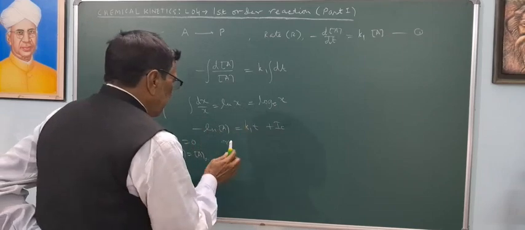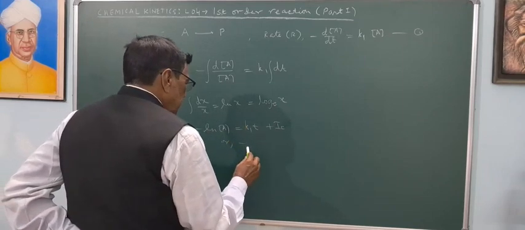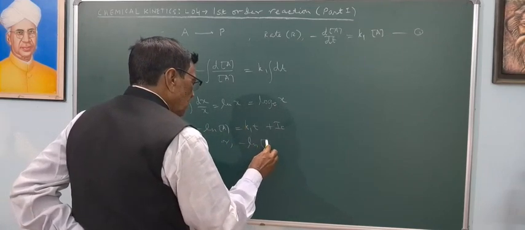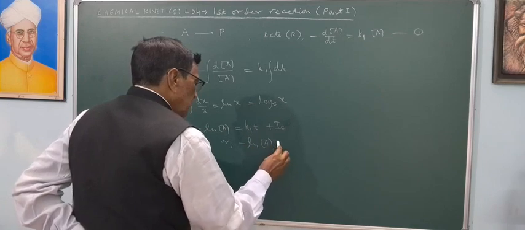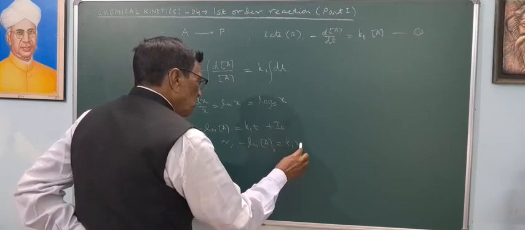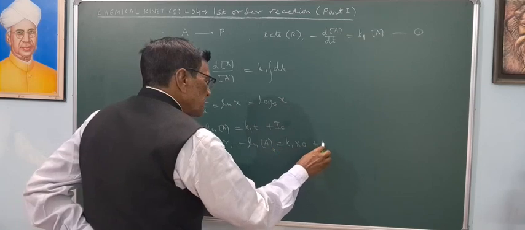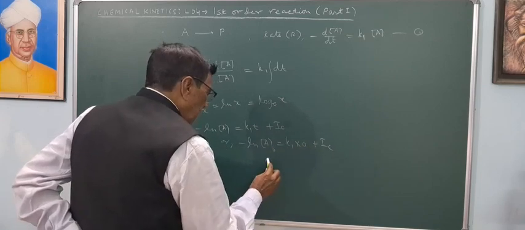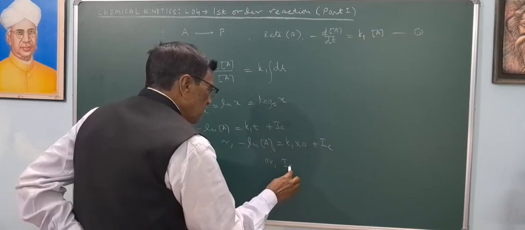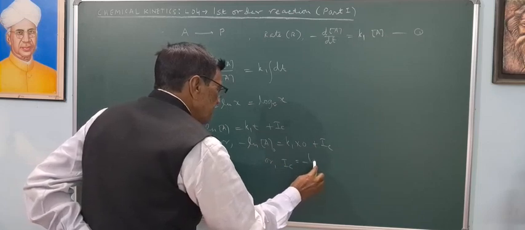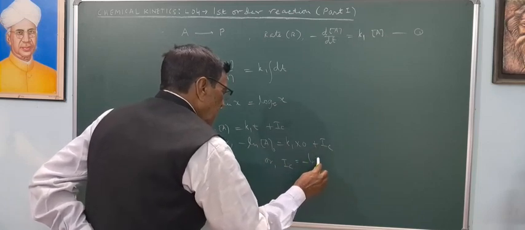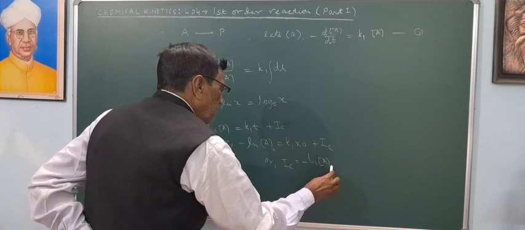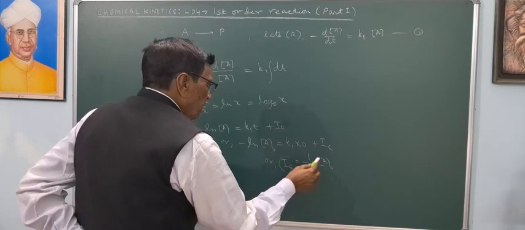So putting this here, minus ln concentration of A naught equals K1 into 0 plus IC, or the integration constant IC equals minus ln concentration of A naught. Putting this value here,